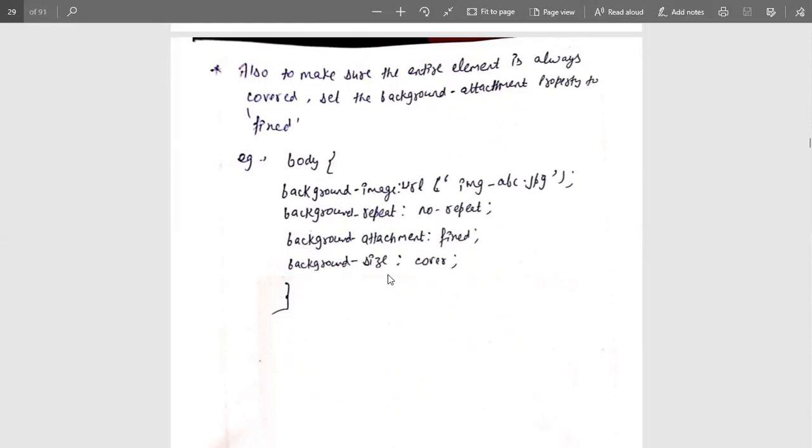So these are the features and these are the values that I want to insert in this. Here, background-repeat colon is equal to no-repeat. That means it will not repeat in any other web page; it will be created a single time. And background-attachment is fixed, which means it remains the same in all the pages.